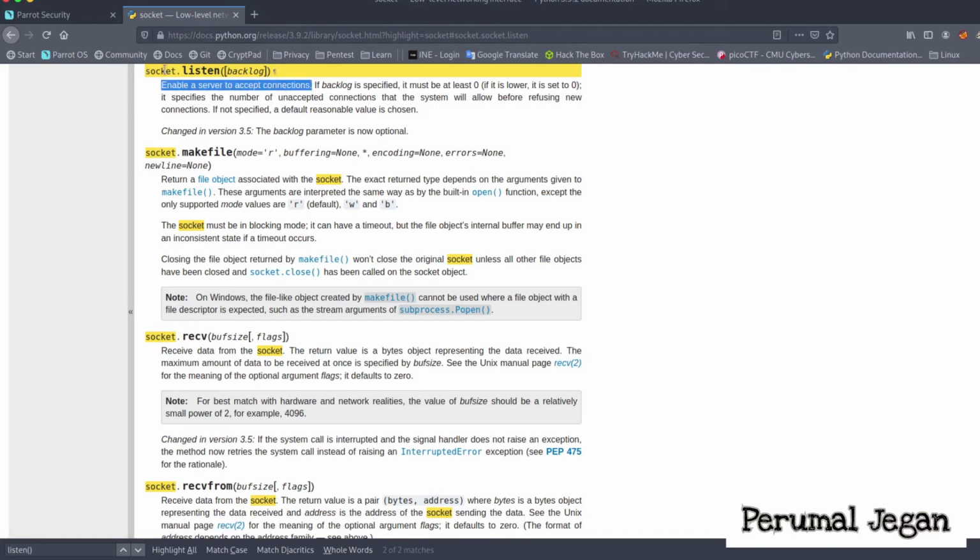So when you call this function, only then will the server be able to accept the incoming connection. If the backlog is specified inside this bracket, you will be able to see an argument called backlog. It must be at least 0, because it is nothing but the number of queued connections at a time. We can mention whatever we want.